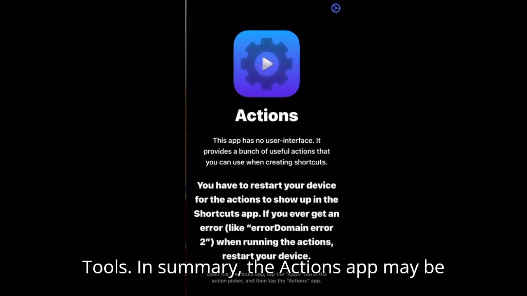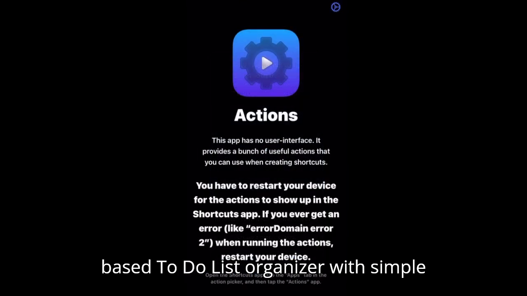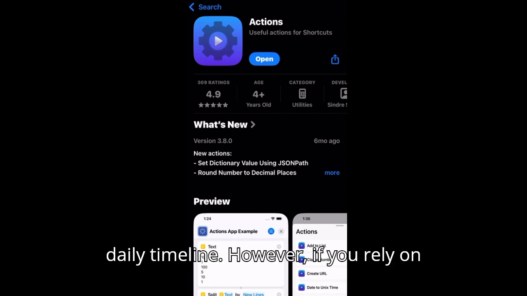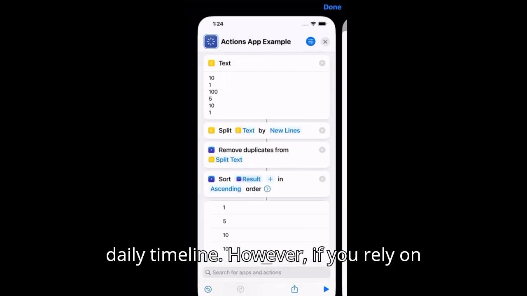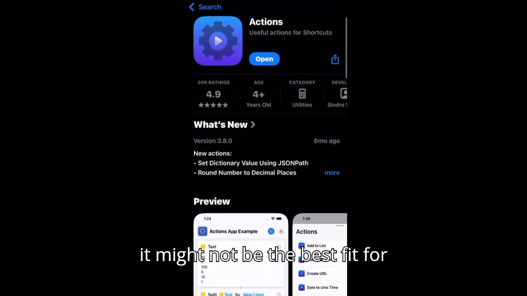In summary, the Actions app may be worth using if you want a clean, gesture-based to-do list organizer with simple planning tools and a visually appealing daily timeline. However, if you rely on automation, cross-platform syncing, or need more advanced productivity features, it might not be the best